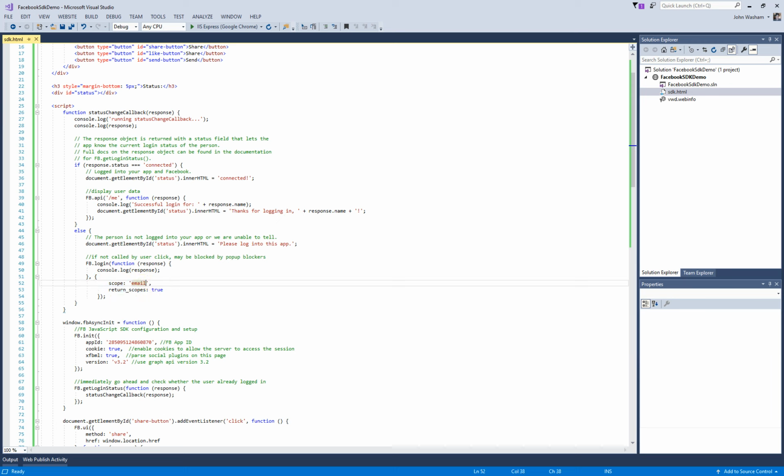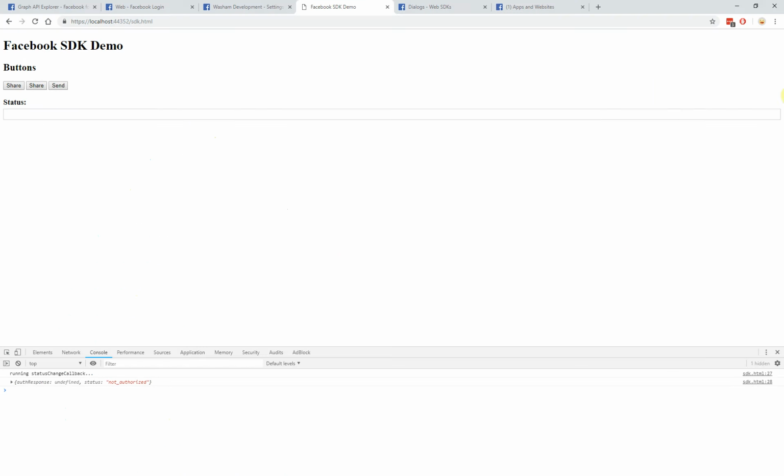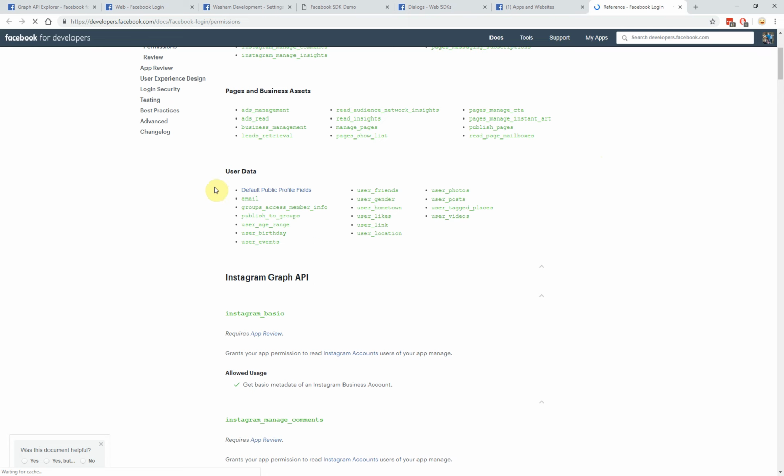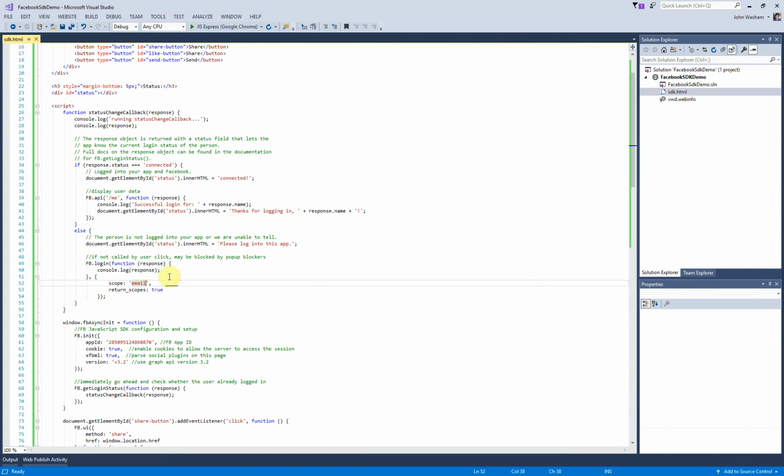There are a bunch of other permissions that you can request. Let's go look at those real quick just so you can see. As you can see, there are a lot of additional permissions you can request here. So another one, we could do like user likes. Put that in there. Now do note that most of the permissions that you would request require